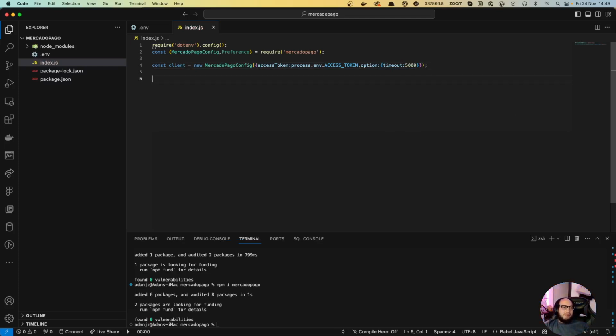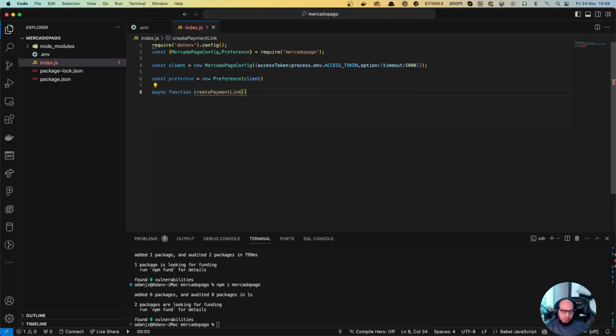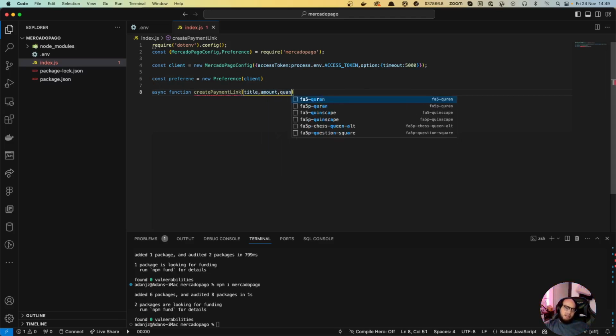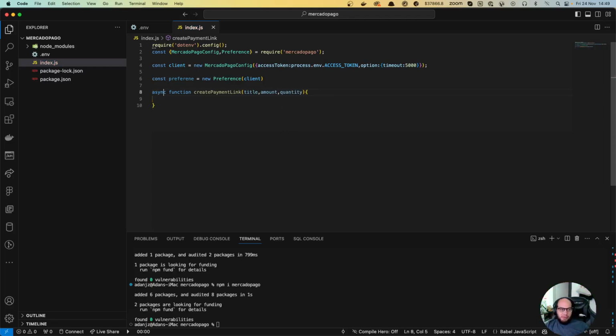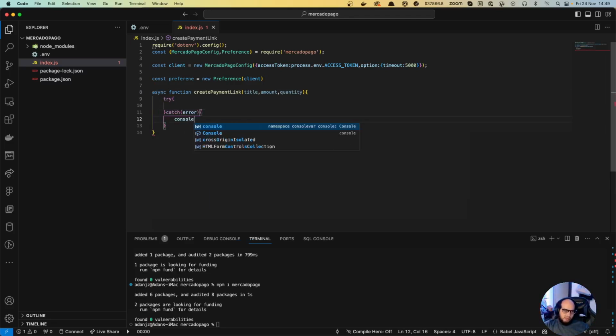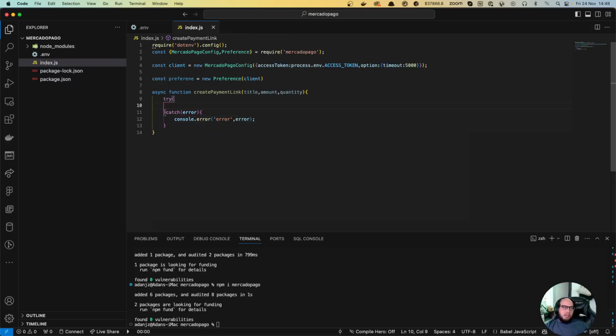Once we have that, we need to create the preference option. So const preference equals to new Preference with the client. And now we can create our async function to create payment link: title, amount, quantity. So basically the product title, the amount, the quantity. Let's do a try catch. Okay, and in the try, let's do preference.create